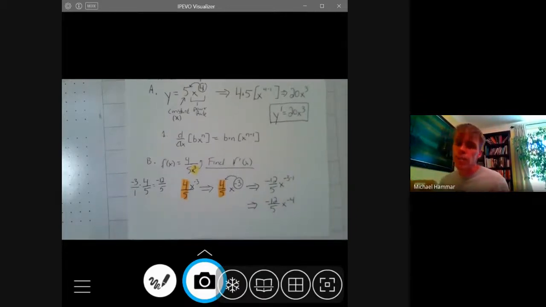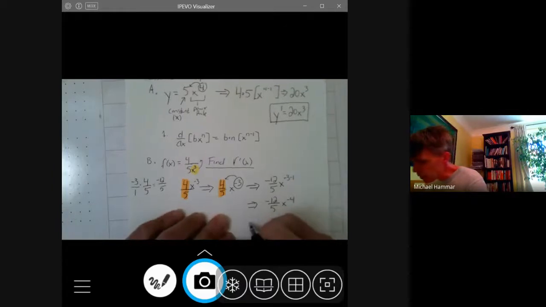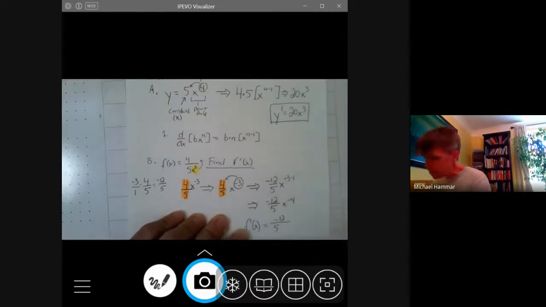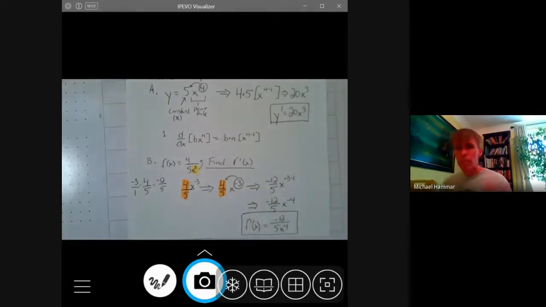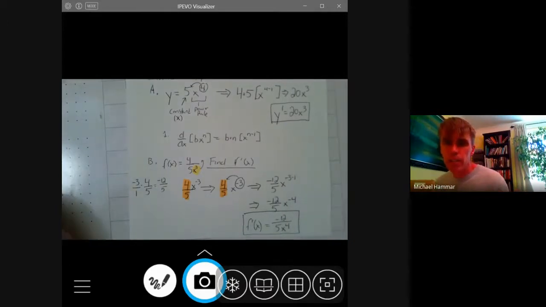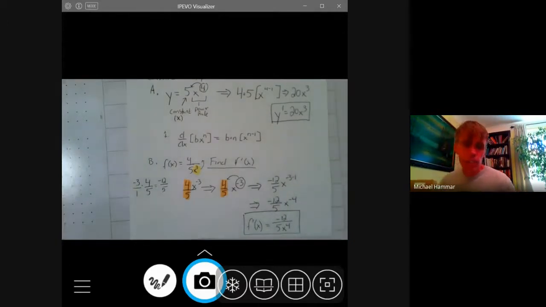Now, sometimes that will be an acceptable answer. Sometimes AP will want you to put it in its complete form. So if it's in its complete form, you're going to have -12, you're going to have 5, and you have to move the negative back down to the bottom of the fraction. So it would be x to the 4th. Okay? So this is the constant multiple rule. Sometimes you need to morph the expression to make sure that you have both a constant and you have something